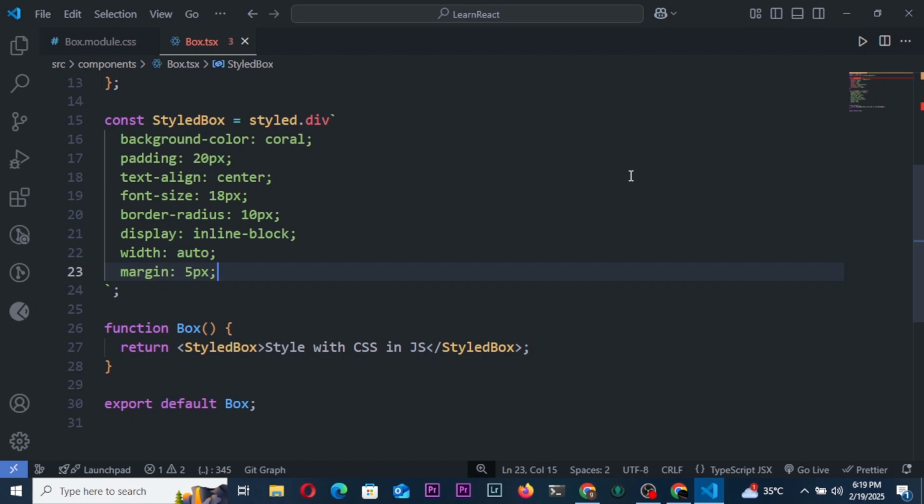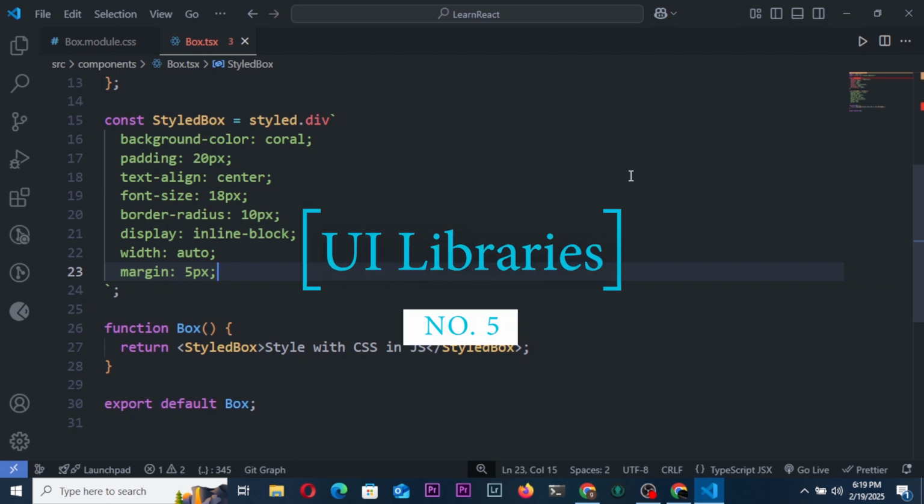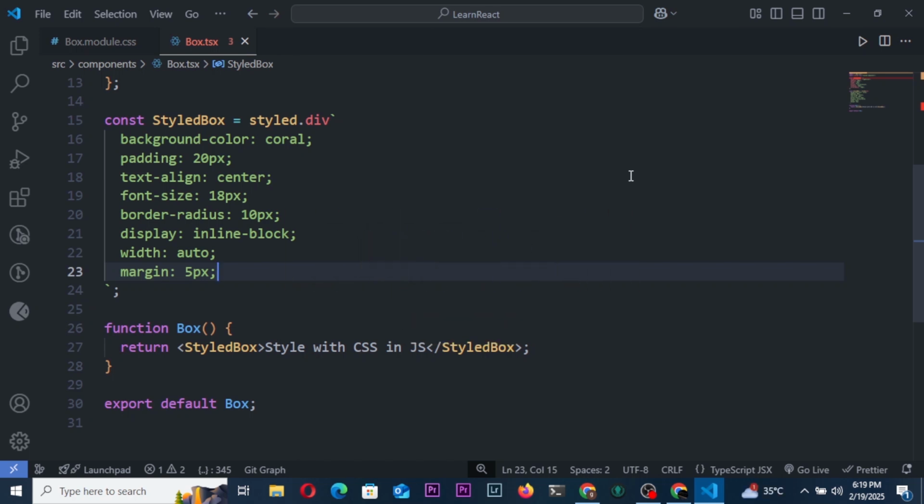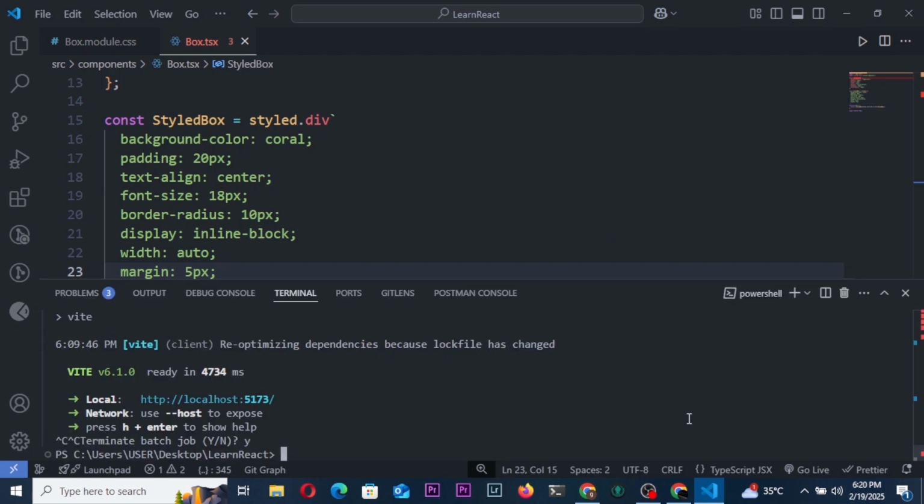The next one on our list is UI libraries. These days there are a lot of popular UI libraries like Material-UI, Tailwind CSS, Chakra UI, Radix UI, Daisy UI. But in this tutorial, we are going to use Tailwind because it uses the concept of utility classes. So if you want to upgrade your skills and expand job opportunities, Tailwind is what you must learn. So you should learn Tailwind and add it to your skill set. So let's get started. Alright, let's go to the Tailwind web application